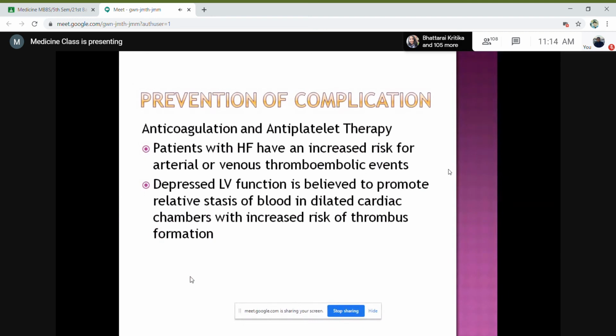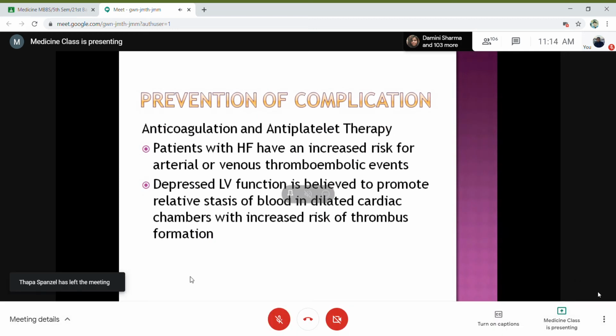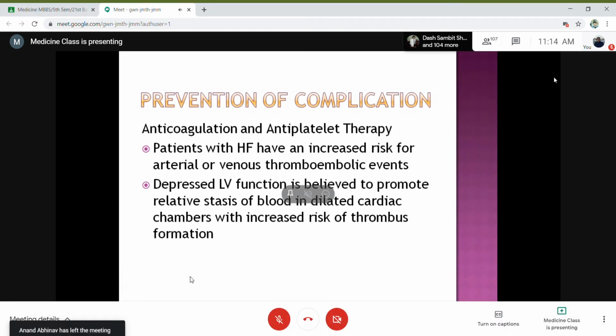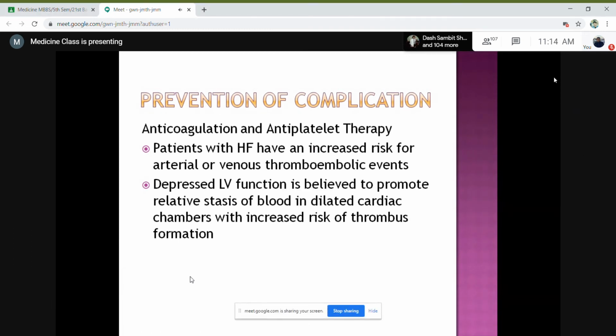Okay, now prevention of complications. Now we know about the complications of heart failure. It can be electrolyte imbalance, thromboembolic phenomena, different cardiac arrhythmias, and sudden cardiac death. But there are some interventions that can be carried out in order to prevent the complications, like use of anticoagulation and antiplatelets if there is a chance of thromboembolic phenomena. So anticoagulants and antiplatelets are used in a patient with heart failure who has increased risk for atrial and venous thromboembolic events, and in a patient who has depressed ejection fraction,